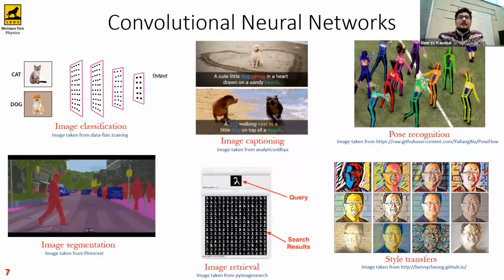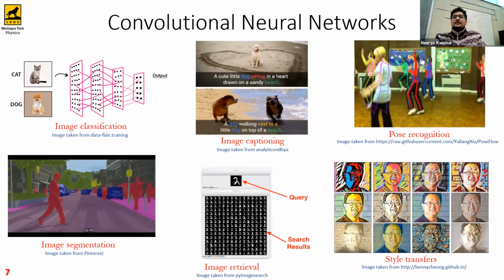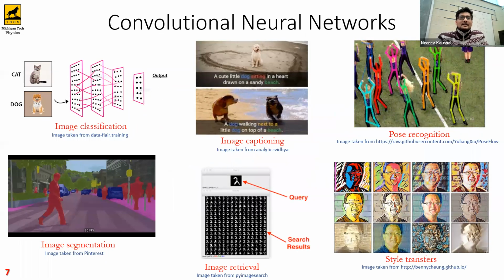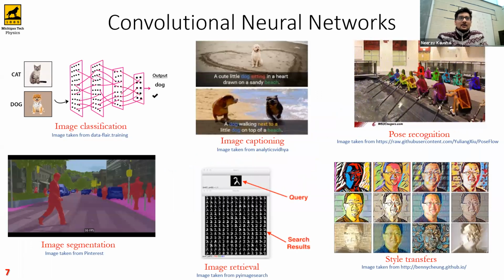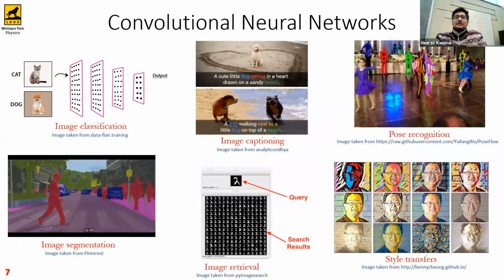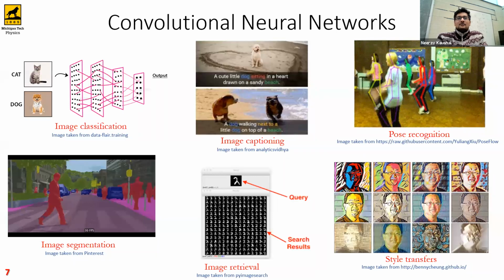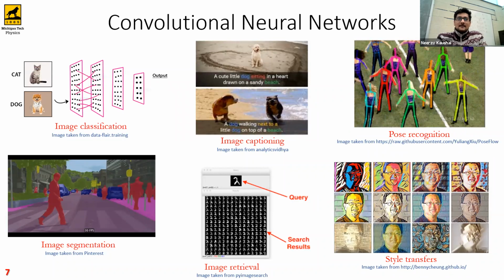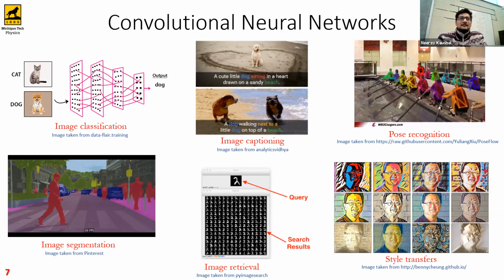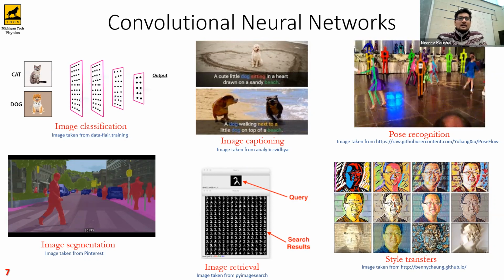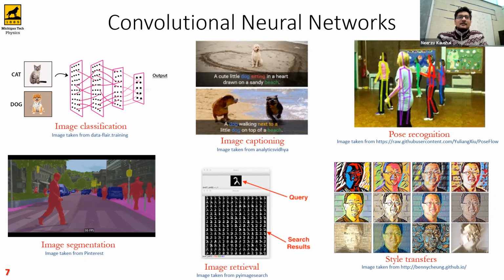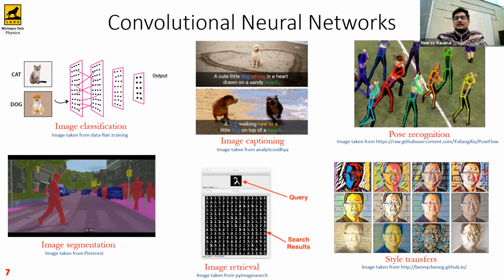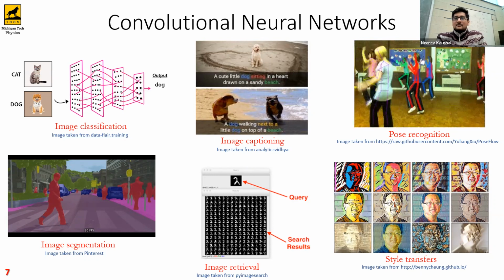Next. Now, convolutional neural networks. Before I explain them, these are the basic applications of CNNs these days. You know the basic image classification, which is very hyped these days, about cat and dog classification and different others. Then we have image captioning, where you have a picture and you provide a suitable caption for it. You have pose recognition, you have image retrieval, and then you have image segmentation, which is right now very famous for driverless cars, where you are dividing your image into various segments in real time. And then you have style transfers for various stylistic filters in Instagram, Snapchat, and Facebook, etc.